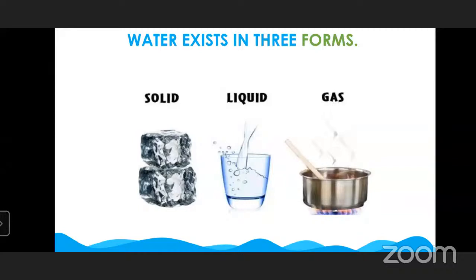That picture also shows ice. Next, in a similar way, the liquid form is water. And third, the gaseous form of water is water vapor. That picture shows water vapor. These are the 3 states of water: solid, liquid, gas. Now, moving to the next slide.